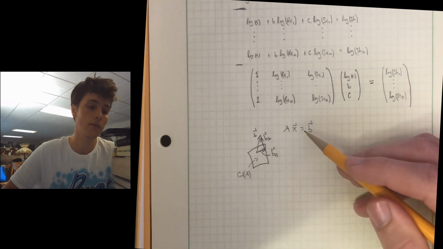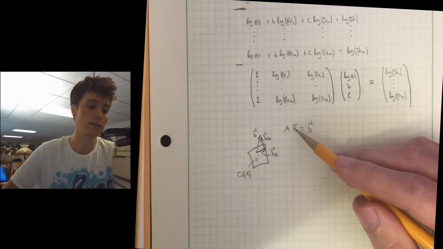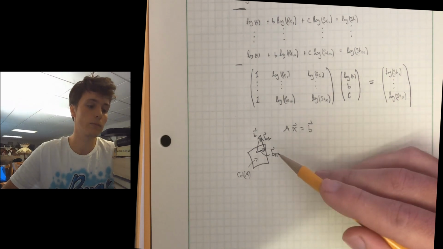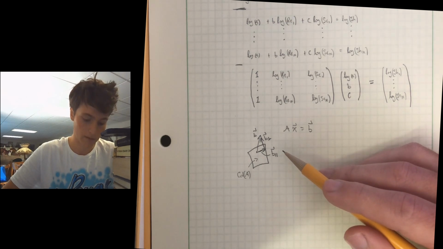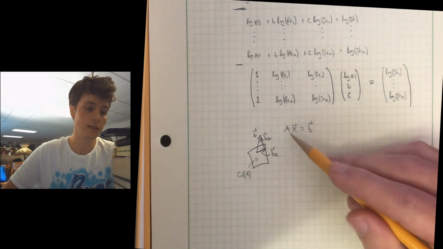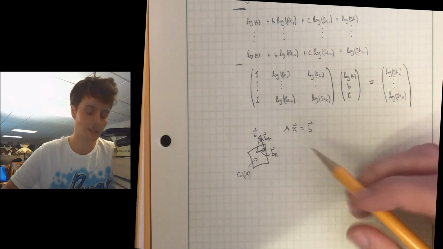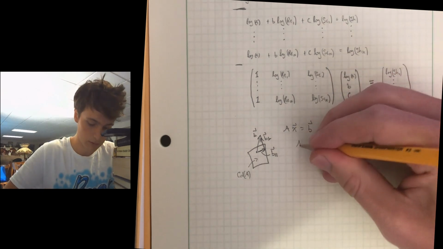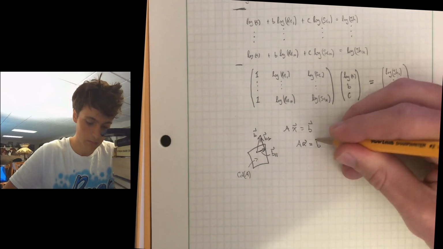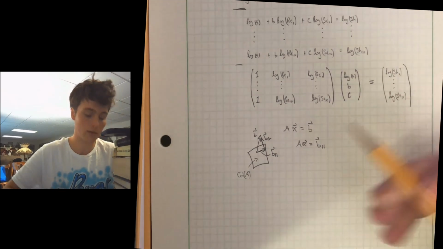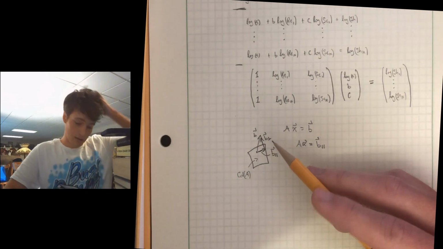But what we can solve is Ax equals B parallel, like this. The closest solution to this equation right here is the exact solution to Ax equals B parallel, the projection of B onto the column space,